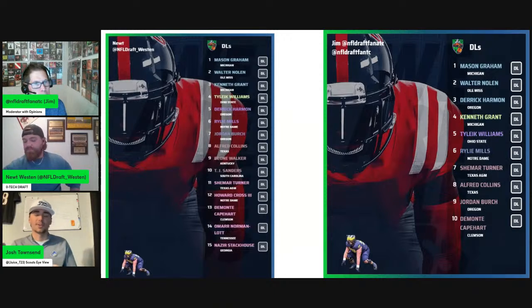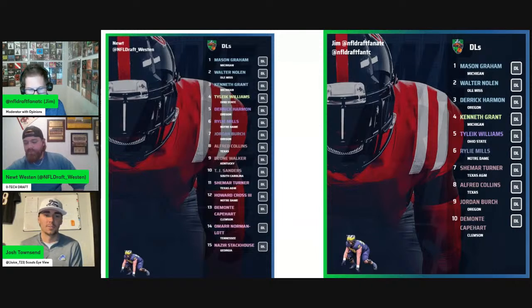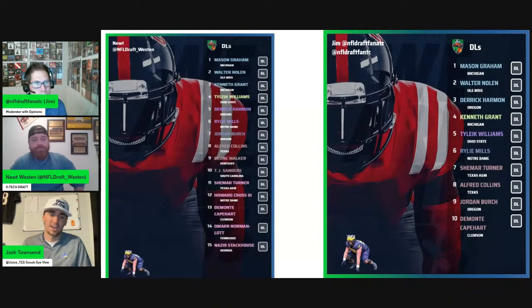The only thing that differentiates the two is I look for those freak movement skills. If you have a good attitude, good character, good effort, good mental processing, those physical special traits are going to grade a little bit higher on my board than the down-to-down consistency. Both are similar molds, but I just like the get off. I like the bend a little bit more in TJ Sanders' game when he's rushing the passer. Those are freak things that translate from college to the NFL and make an immediate impact right away.